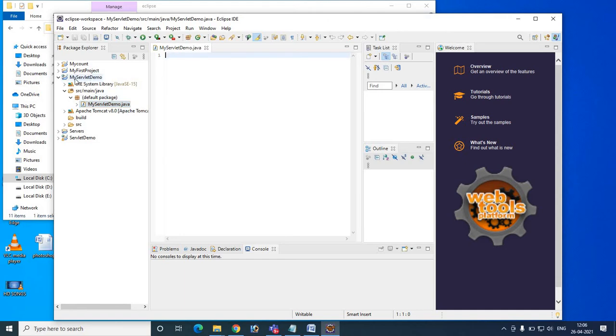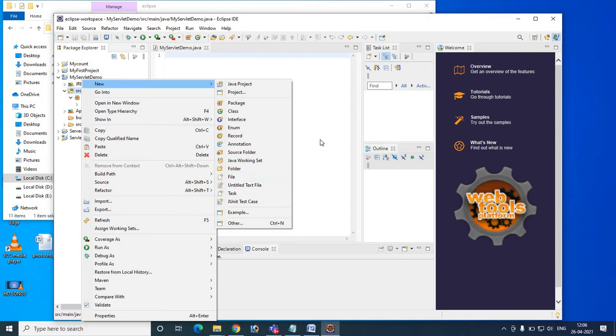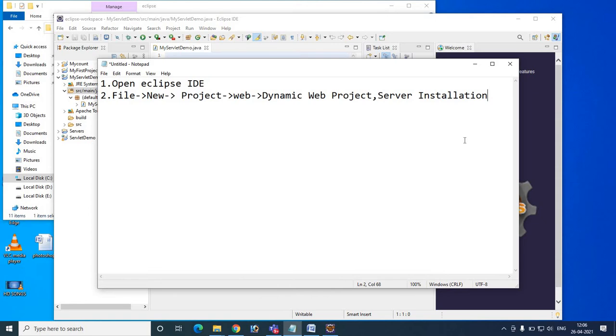I repeat, in that project you have to get into src main. We have to right click the src main, and get into New, and then File. So the third step is: open the project, right click src slash main slash java.